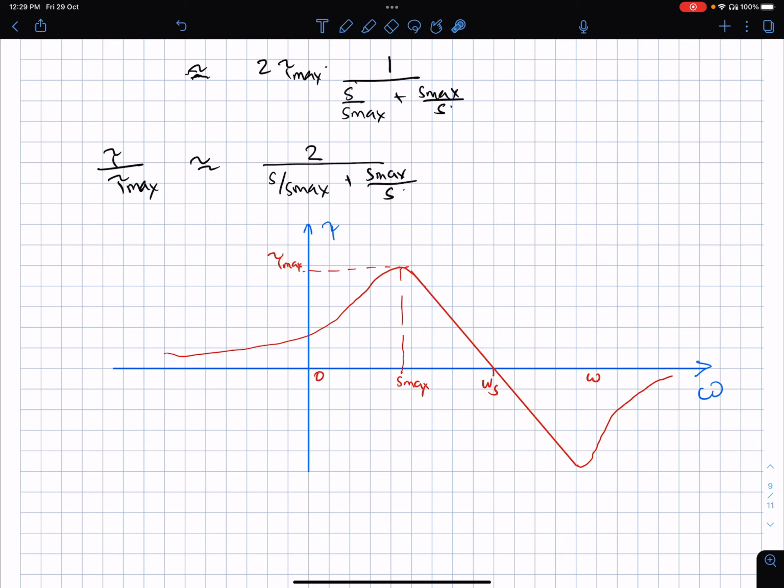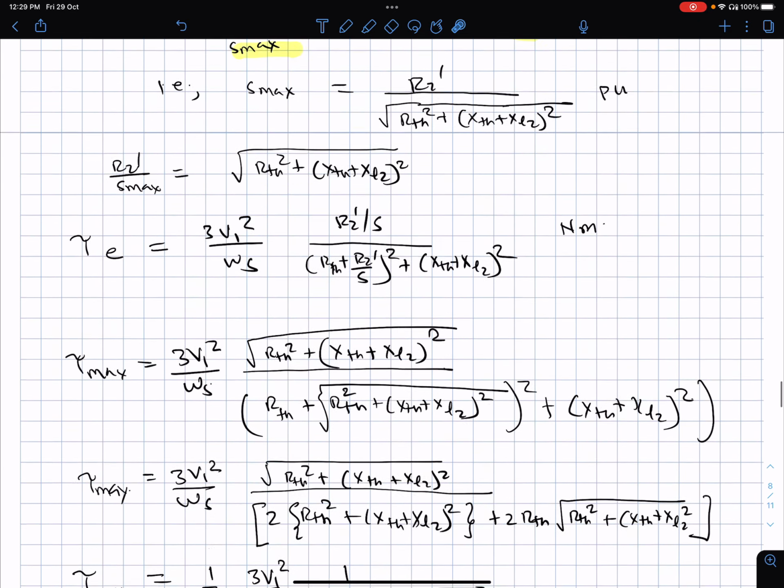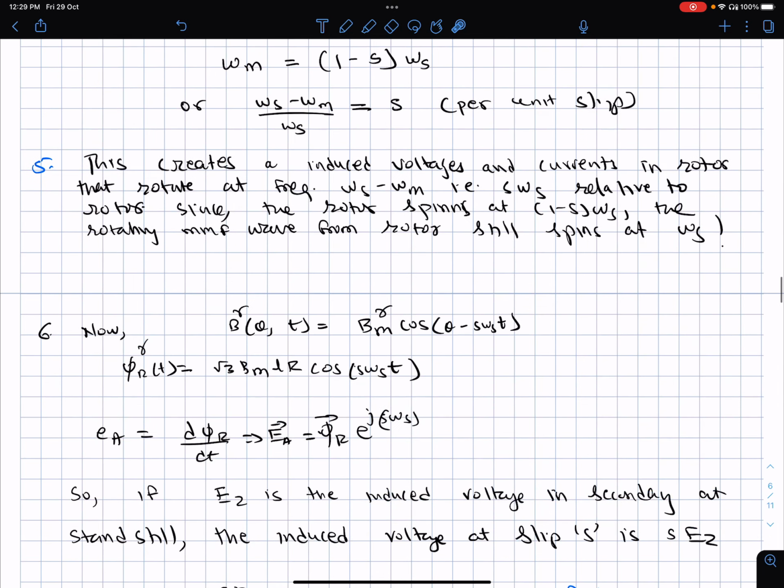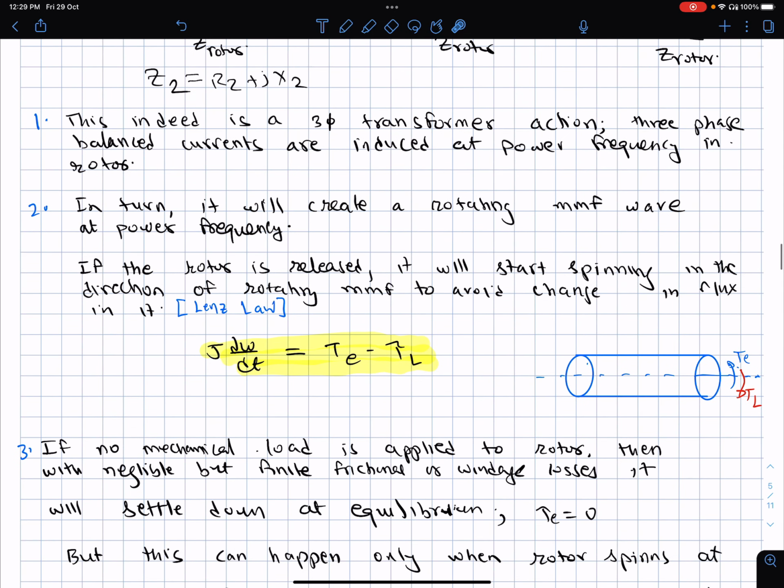Again, diversion. Let's not divert. What I am trying to say is, suppose we give a small torque here, so that the torque value is less than this, so the machine can start speeding up and start rotating. Then d omega by dt will become positive, and the machine will start rotating. Now the machine cannot go to synchronous speed.